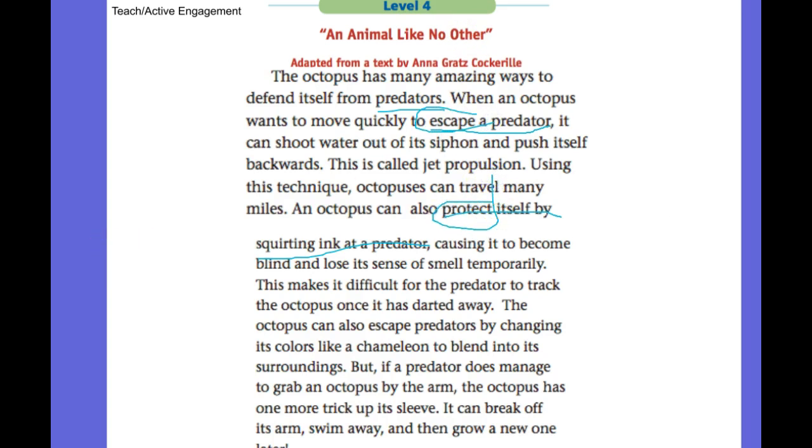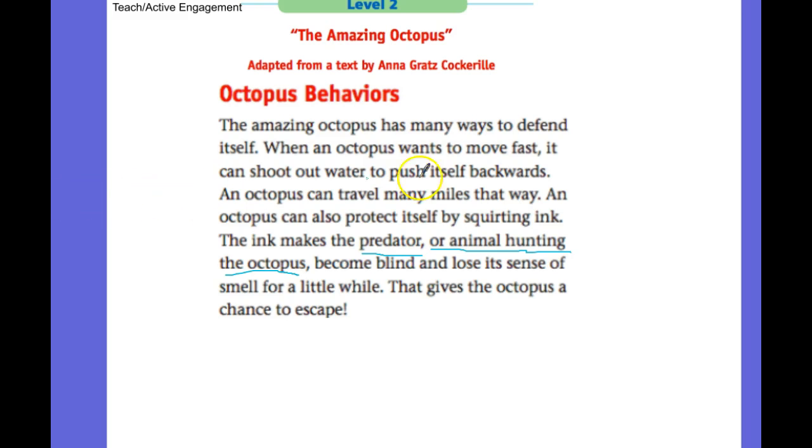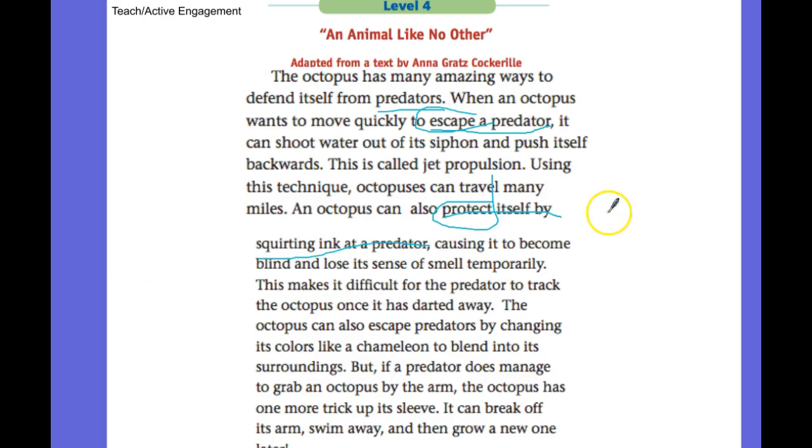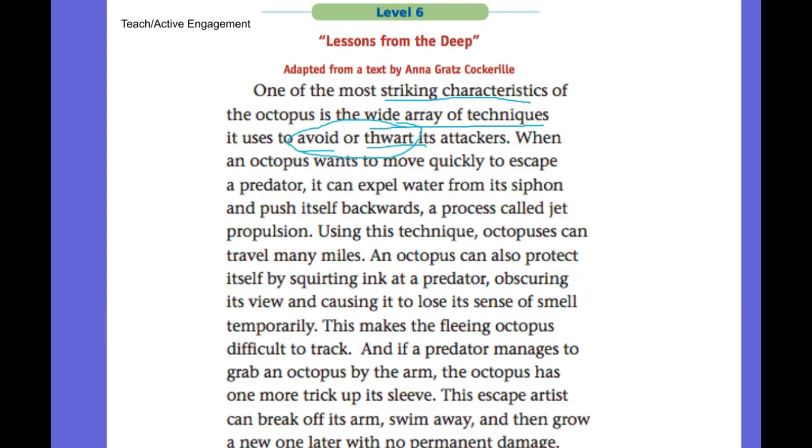So when we go back to level 2, the definition is right there. Here it's implicit, it's hidden. It's this far apart in the text where we have to look for those clues. So studying this word meaning, studying our text, going back and rereading, linking these great big ideas together helps us figure out unknown words. Okay, so if we go now to our level 6,